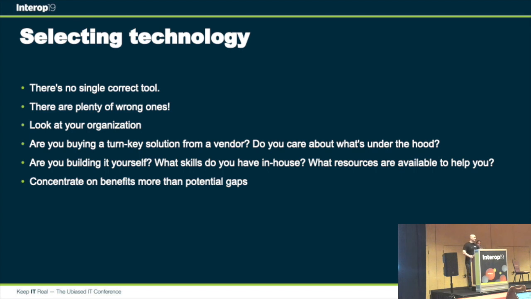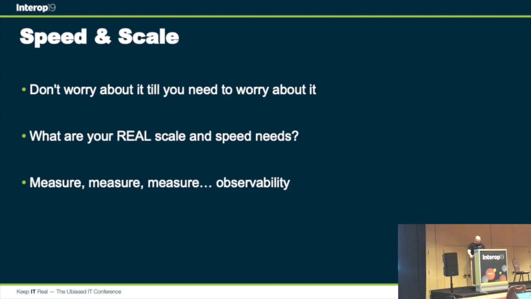In this same vein, the speed and scale. We hear this all the time, which is equating how fast something works to how good a tool is, and to me it falls into the category of premature optimization. Worrying about scale right at the beginning is generally a fool's errand, right? If you can't get it to work, if you can't get adoption, if you can't worry about user experience and everything else, you'll never get off the ground anyway.